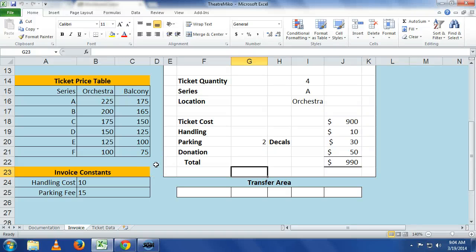Module 8, we're working on building an application. And when we build an application, a couple things that we learn. First, we want to use defined names whenever possible. Defined names are a better way of referencing cells than B8 or C7 or whatever it might be. So we built